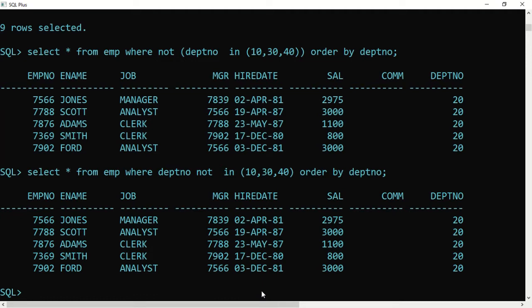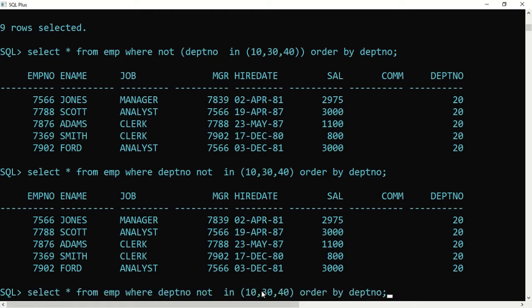But in this case you should remember where to put the not. A better idea is to put the entire condition in a bracket and then say not, so you will not get confused about where to put not. Okay, so I hope you understood this. Let's go for the next.